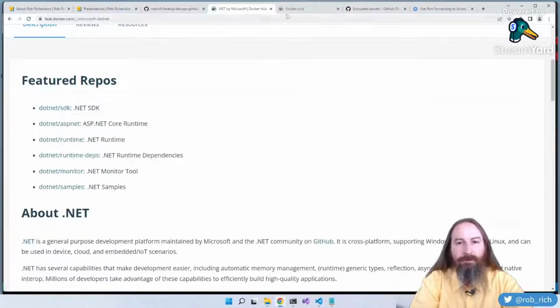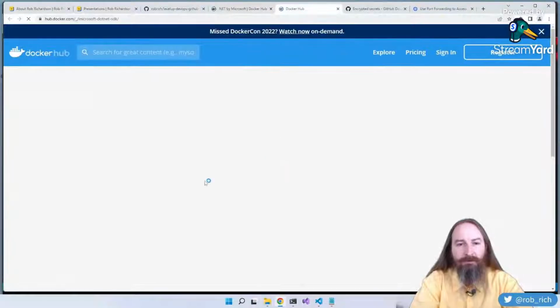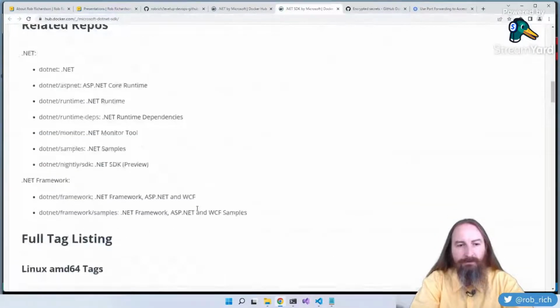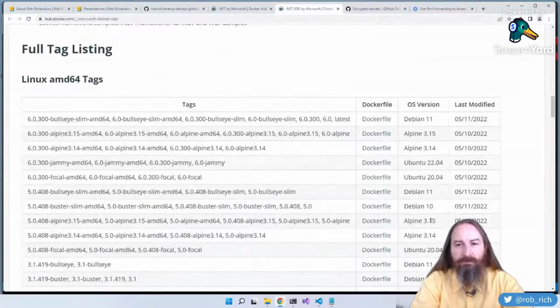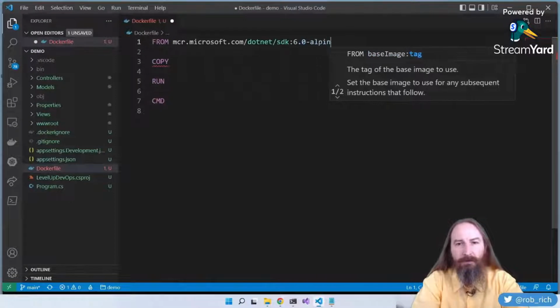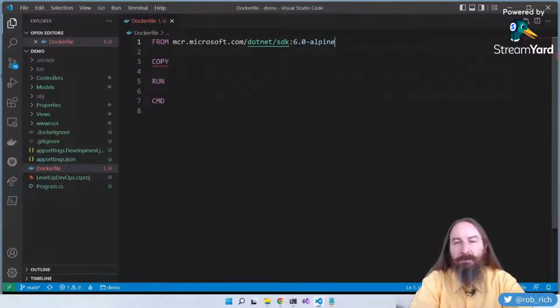So let's pop open this, and we'll use this as our base image. Now here we can see that that's the base image right there. And if we scroll down a bit, we can see the other flavors of this image. Now 6.0 is the one that they suggested, but there is an Alpine variant. Alpine is a much smaller Linux distribution, so let's use the 6.0-alpine variant of this base image. So FROM that -alpine, and now we've got a base image that includes not only the .NET runtime, but also